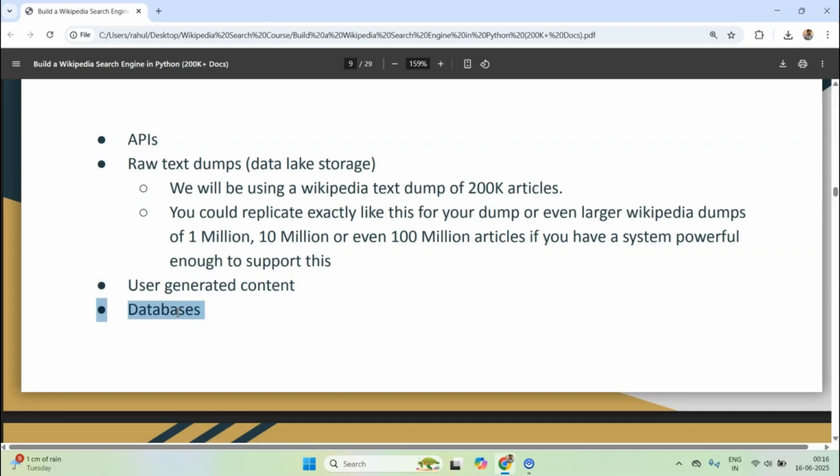Now some datasets are static, like a one-time export of Wikipedia articles. Others are dynamic, like customer reviews constantly being added to a product page. Depending on the nature of your data, you will decide whether to retrain the search index periodically or keep it static. This is a very important call that you need to take. In this particular course, we are going to assume that our Wikipedia dump consists of 200k articles and it remains static for a while. Okay, but it's just a matter of retraining the entire index and the entire procedure that we will be discussing.